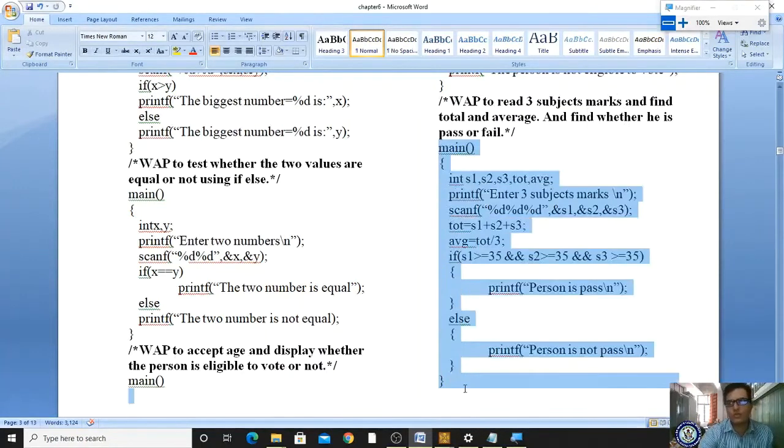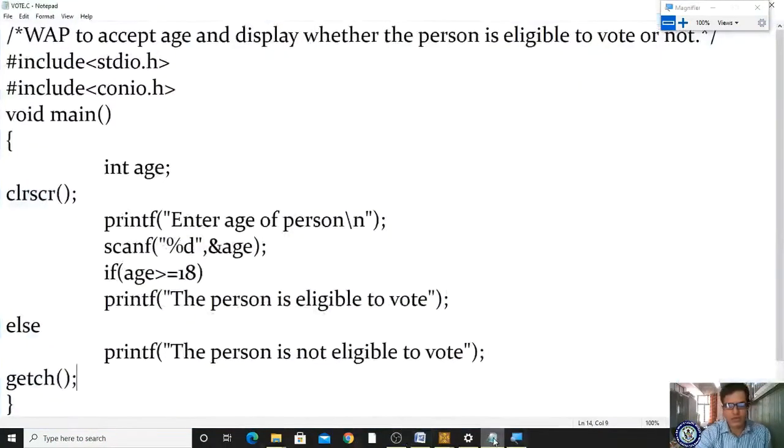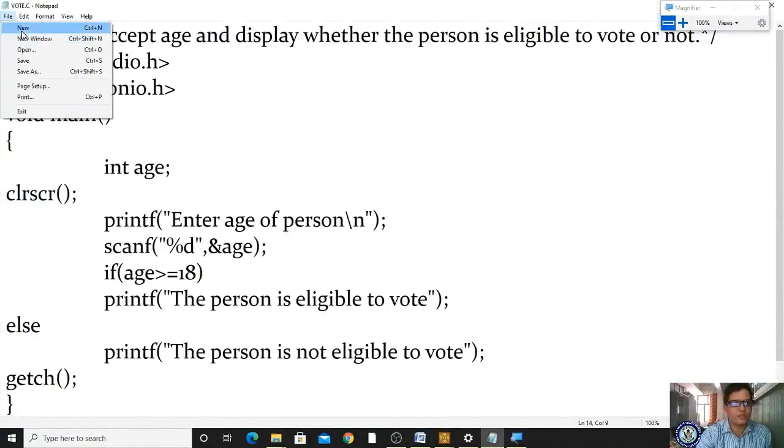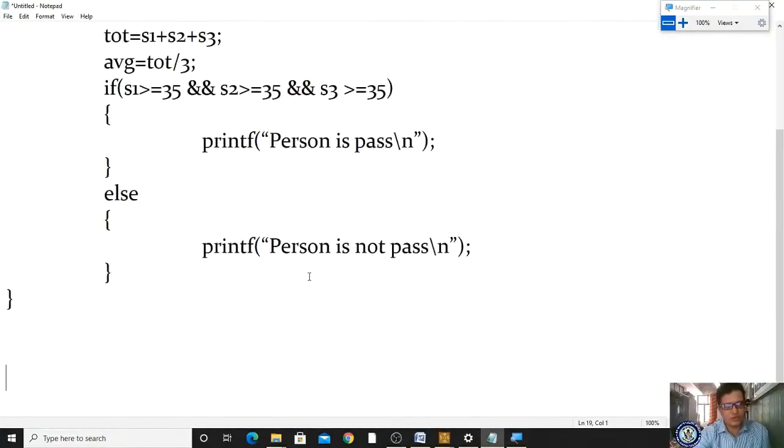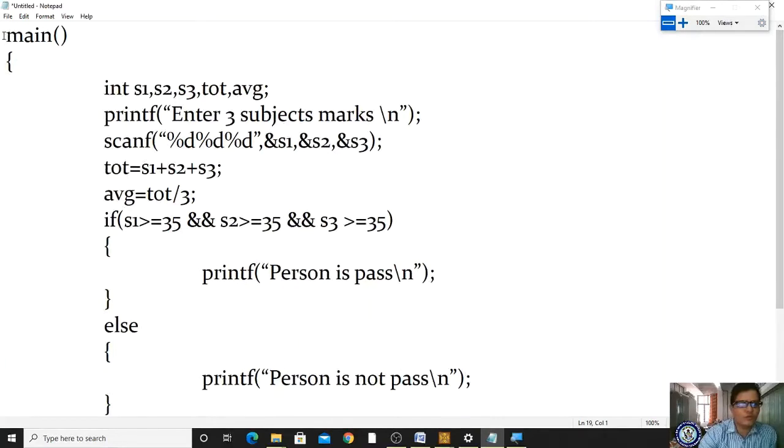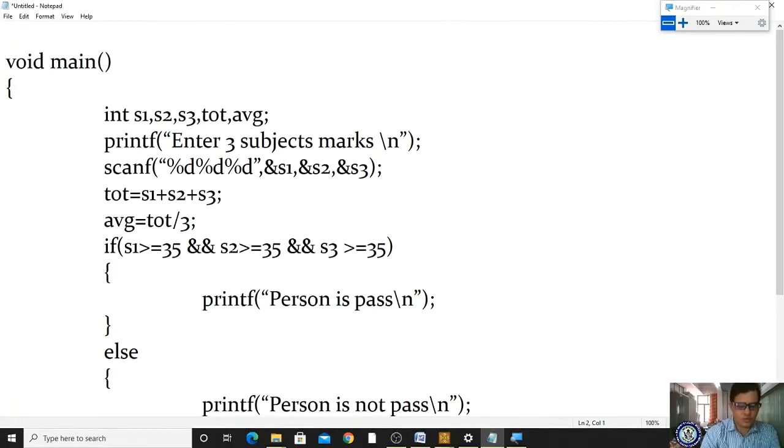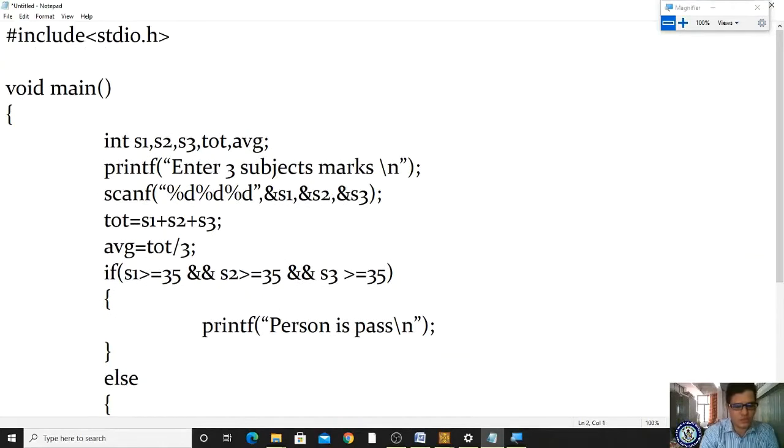So to do this, I am copying this file and I am opening the notepad and pasting it in a new file. Okay, now we have to modify this program. Then how to modify this program? Yes, void main, I will explain you. Okay, we have to write #include <stdio.h>, and as we know what is the one in the program.